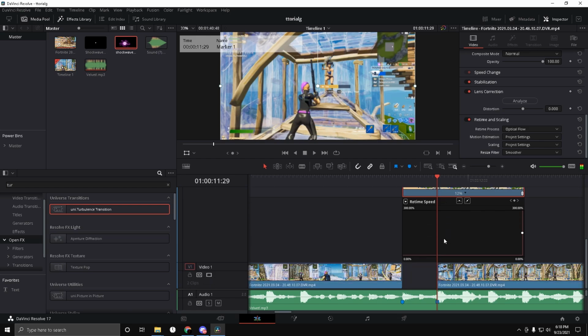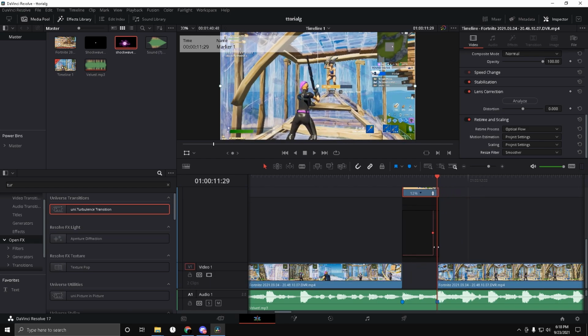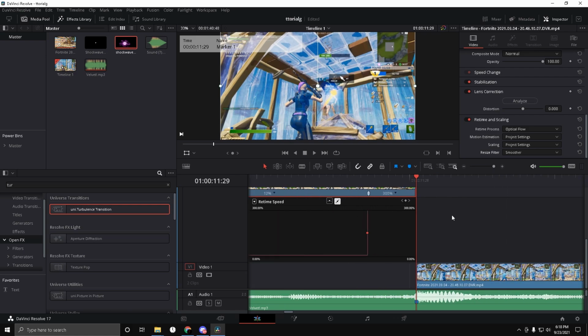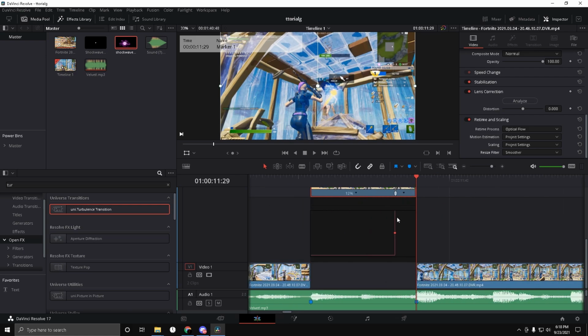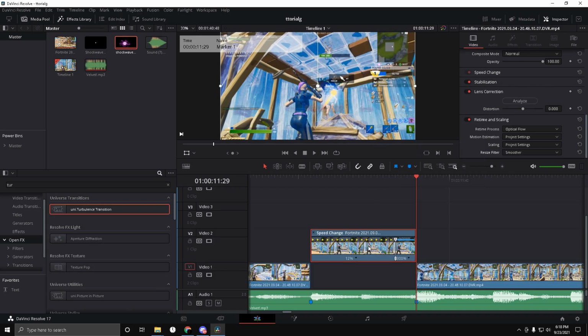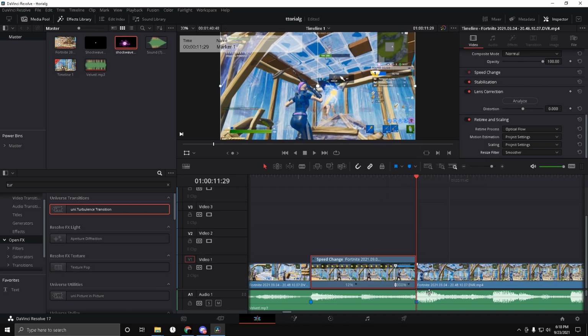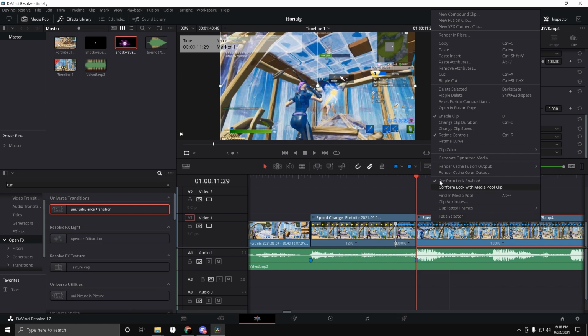But now what you want to do is go into the beat drop, put your playhead on the beat drop, and then get this little circle and just drag it all the way over. And make sure it lines up perfectly with the beat drop, and then you can just close all that and drag it back down. But now we're going to do the on kill velocity, so retime controls on that, and retime curve on that,